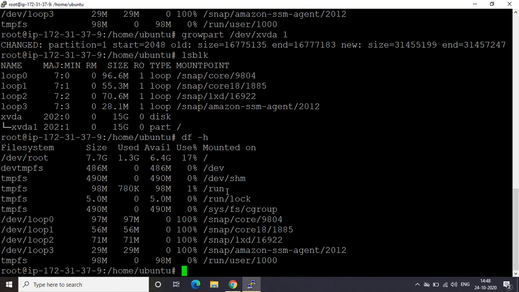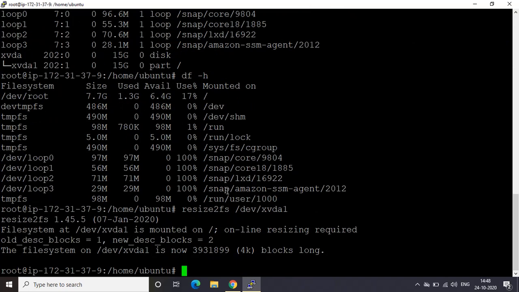So for that we need to run another command to resize our space: resize2fs /dev/xvda1, then press Enter. Okay, so it is resized.